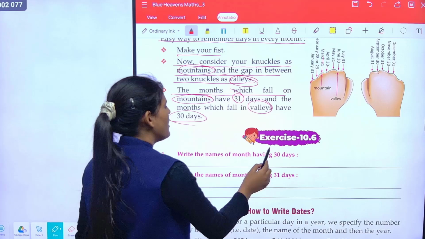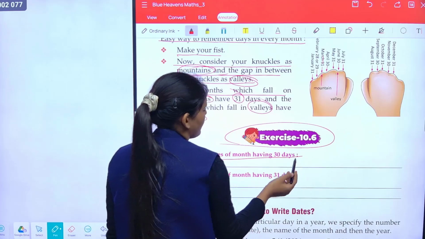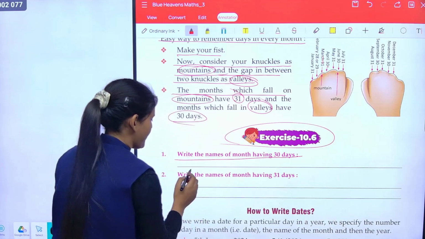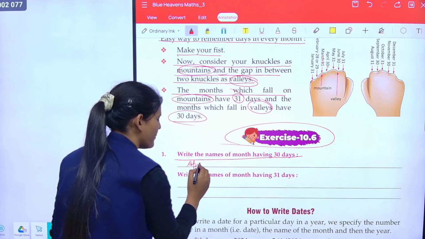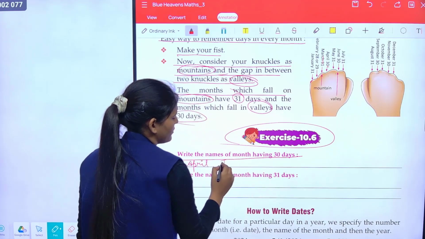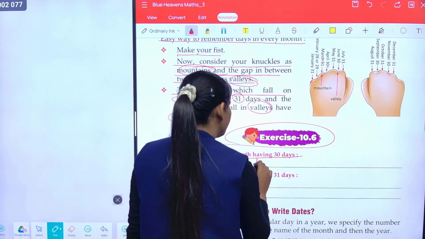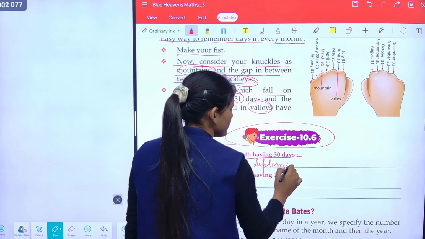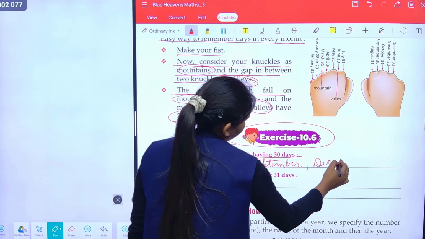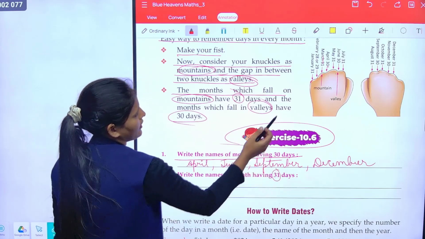Now come on exercise 10.6. Write the names of months having 30 days. So we can write April, June, September and November having 30 days. And 31 days, January,